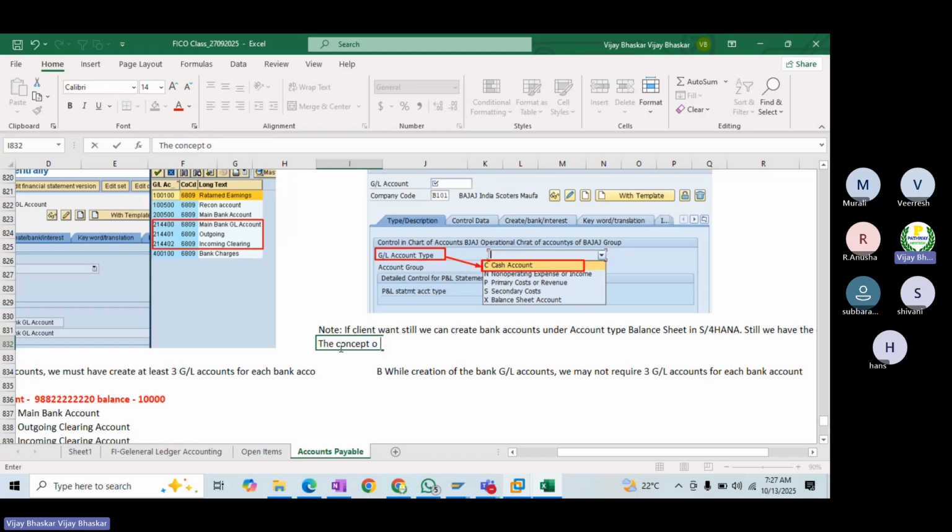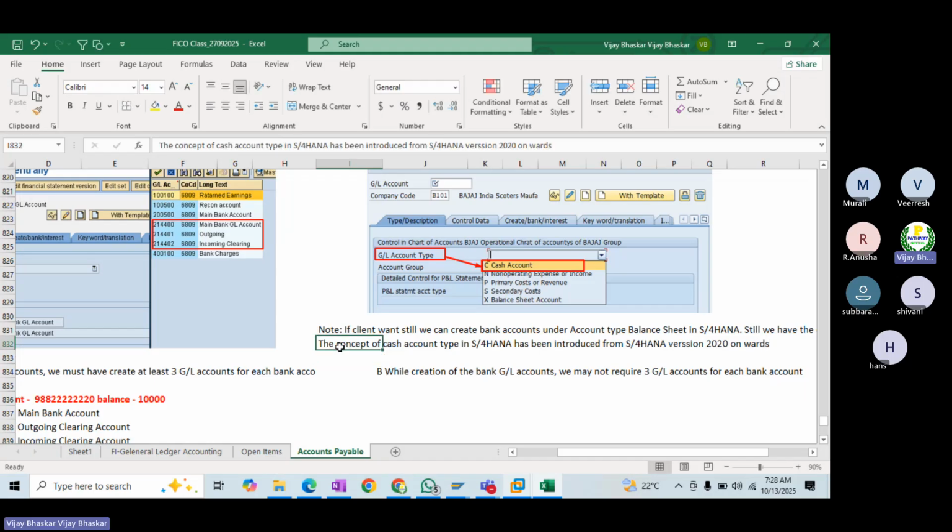The concept of cash account type in S4HANA has been introduced from S4HANA version 2020 onwards. Before that, in lower versions like 1909, 1809, 1610,